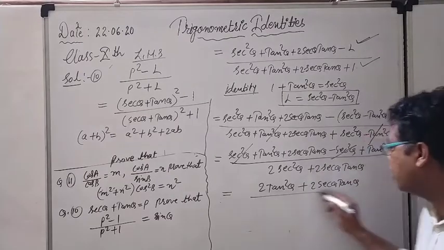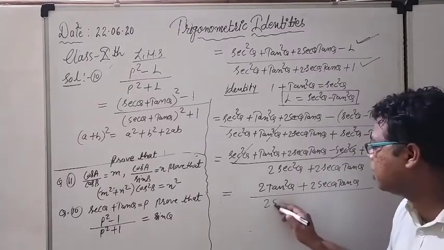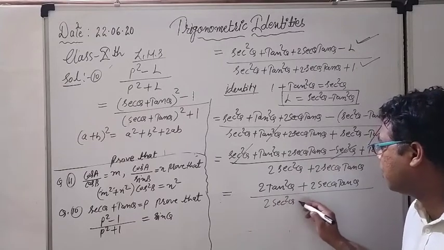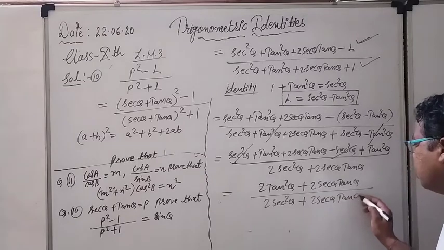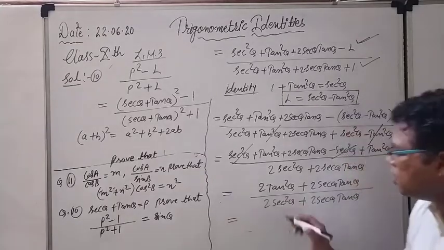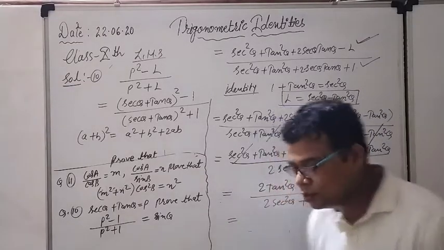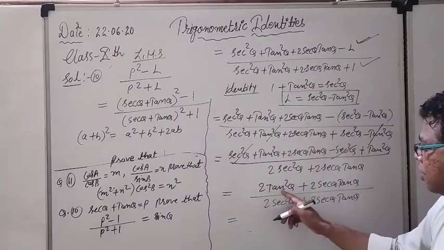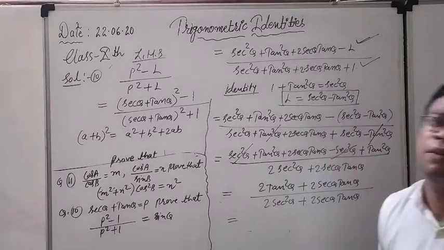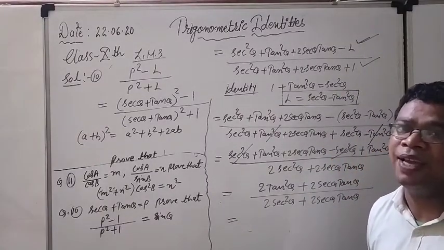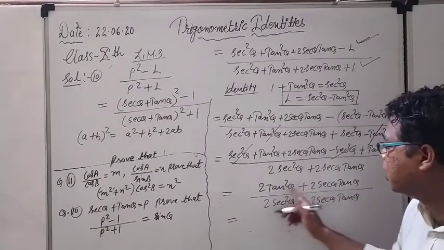In the denominator you will see I am going to write down the same thing. In the next step I will solve it. Nothing changed in the denominator, same to same. Right now see, concentrate, focus. What, 2 tan square theta and 2 sec theta tan theta. So what is the common term? What is the maximum common term I can take common from both the sides?